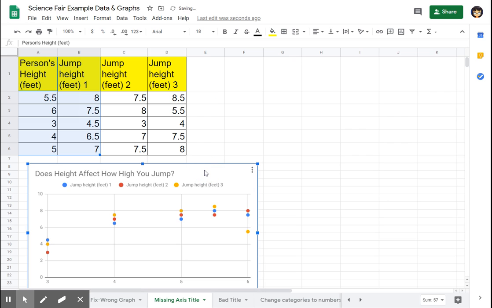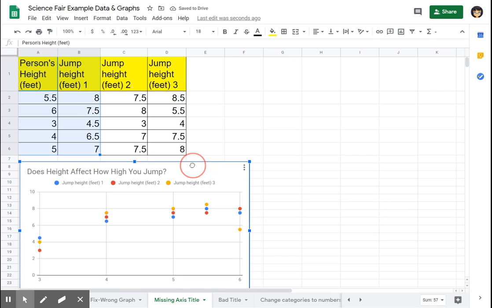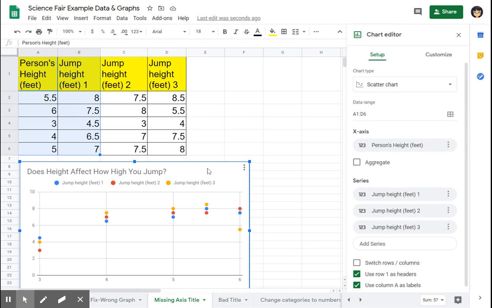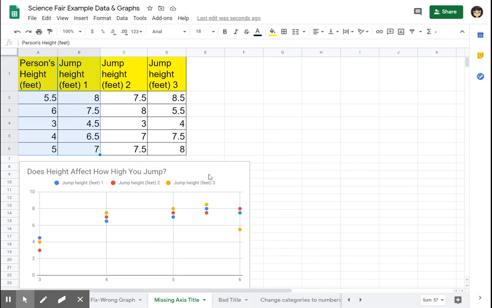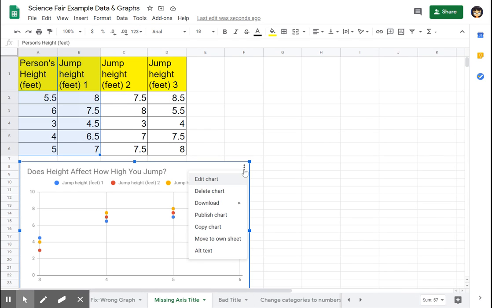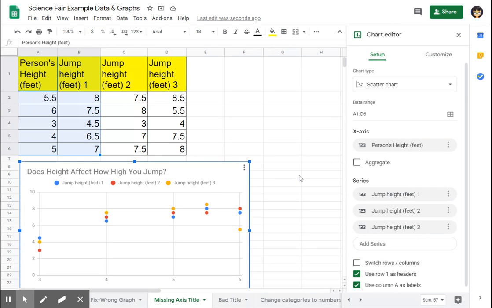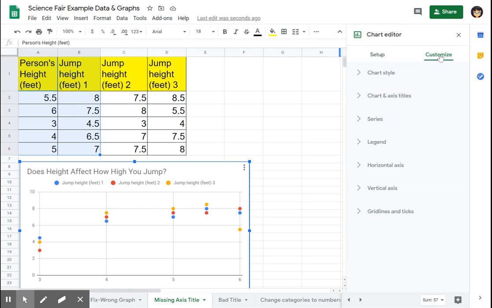Okay, so here's this. And so there are different ways to edit this. You can just double click anywhere on the graph, and then this chart editor window pops up. Or you can just click on here and you see these three dots. You can click and you can do edit chart. Okay, so however you get there,